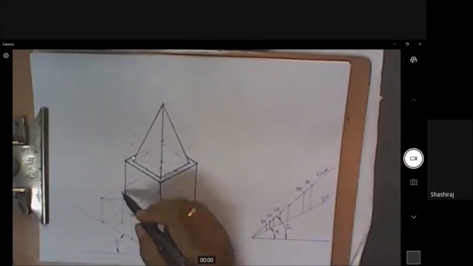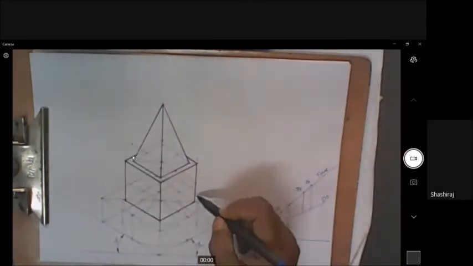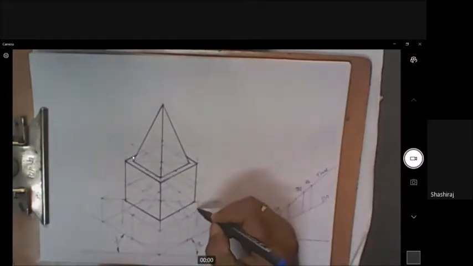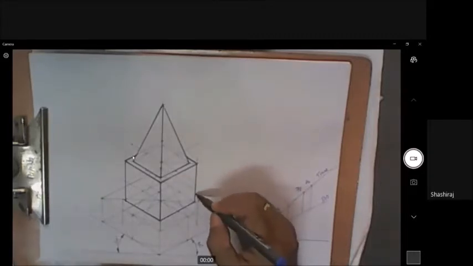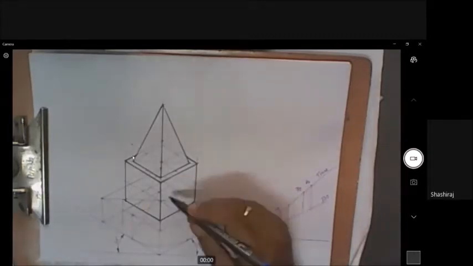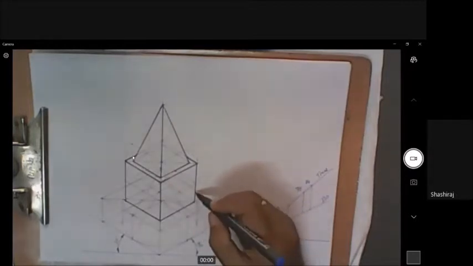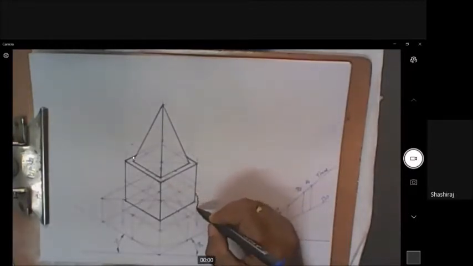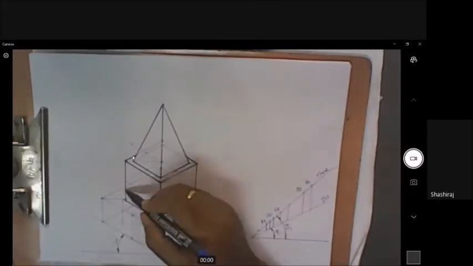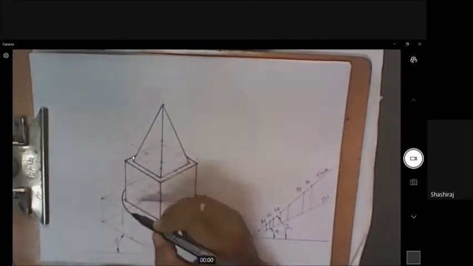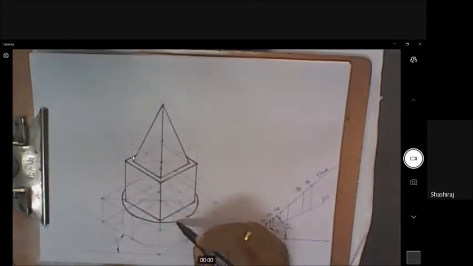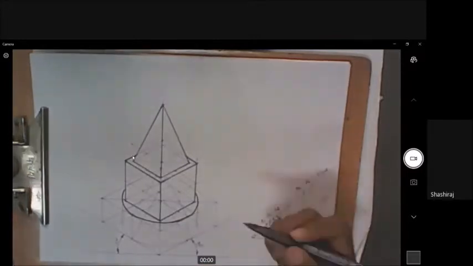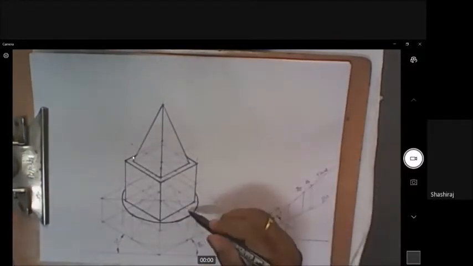And the third solid is a cylinder. The top face of the cylinder is an ellipse like this. You observe the ellipse arc is going like this and it is ending here, right? But once it crosses this edge, it cannot be visible because it is covered by the cube. So the ellipse is visible from here. This is how it is visible from here. That is what I have shown in the videos. This is the part of the ellipse that is visible. This is how the top face of the cylinder looks.